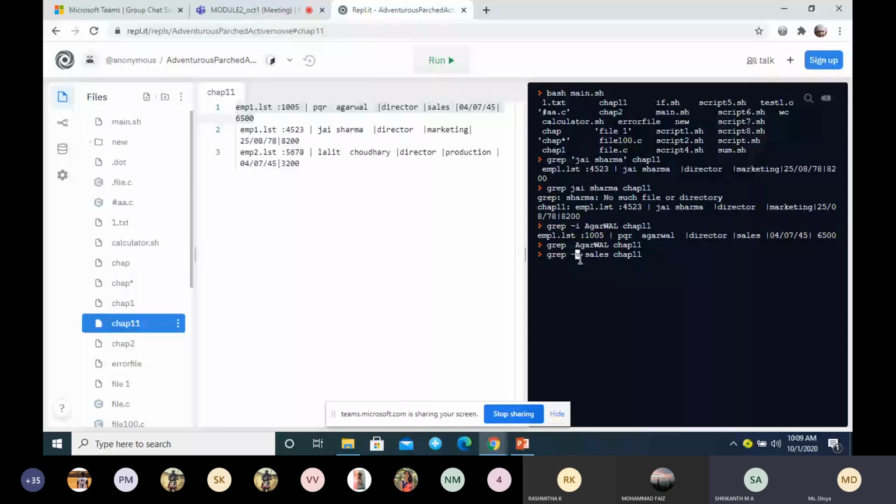First, you tell me what will be the output of this. Grep sales CHAP11, how many lines? 2.